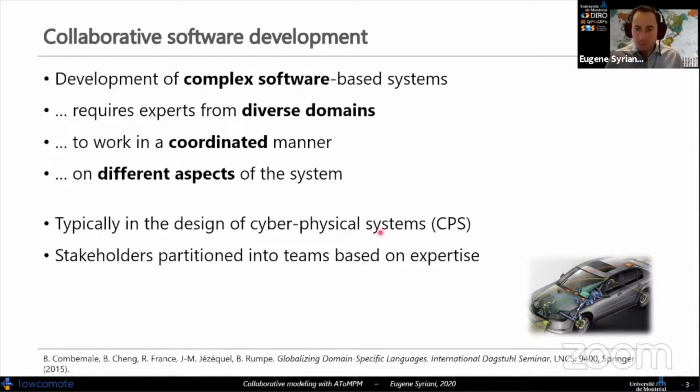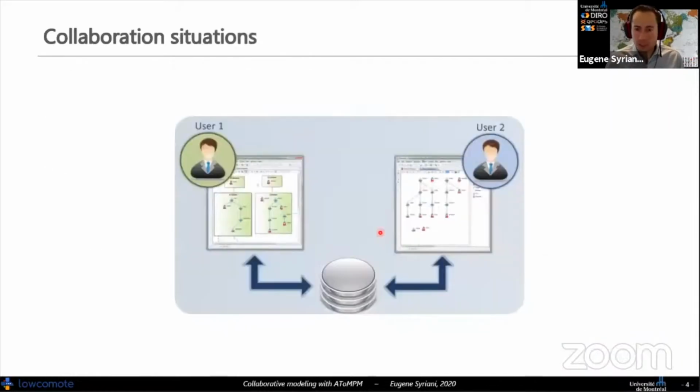So these are collaboration situations. These teams of stakeholders work together to produce a coherent and complete system. Typically there are three situations when individuals within or across teams collaborate: if they work on the same part of the same artifact, if they work on different parts of the same artifact, or if they work on distinct artifacts that are part of the whole system.